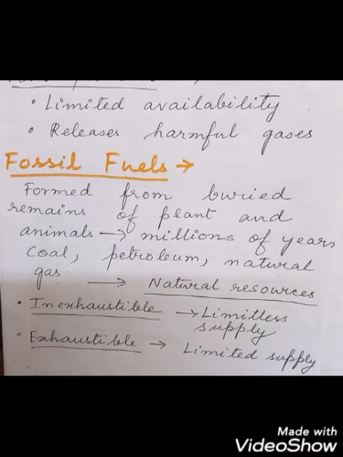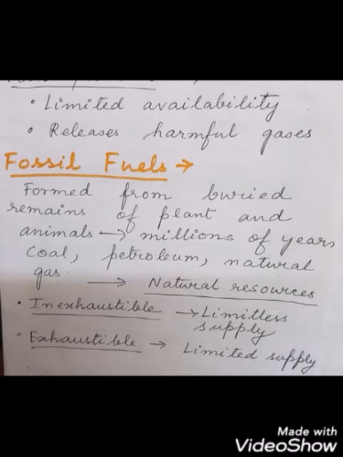So what are the different types of natural resources? Some resources have limitless supplies, because from nature, from the sun and from air we get these sources, and we can use them maximally. But exhaustible resources have a limited supply, like the forest, the wildlife and the fossil fuels. So these are called exhaustible. At one point of time they will all be exhausted.